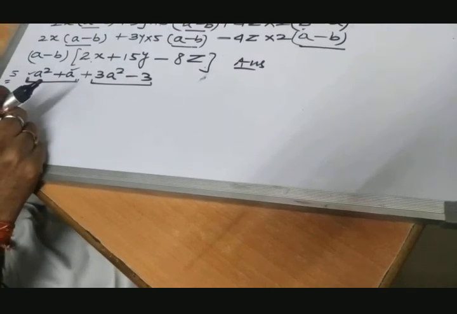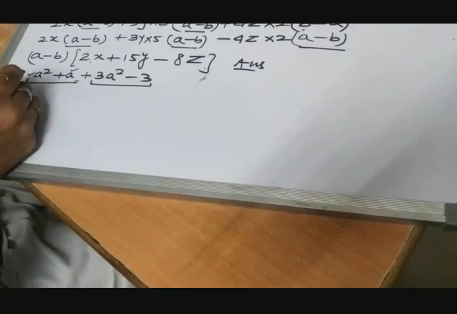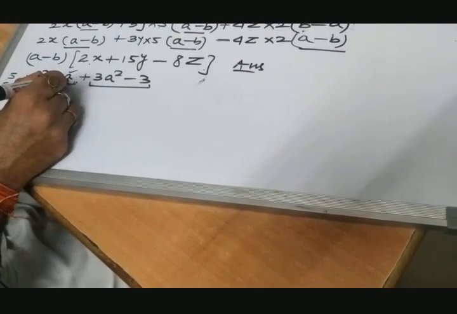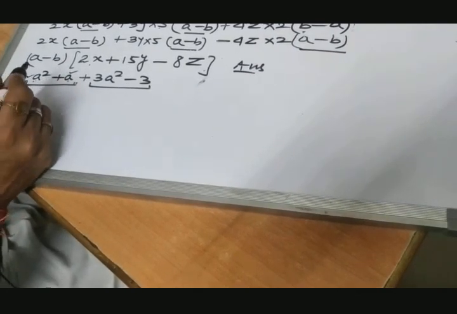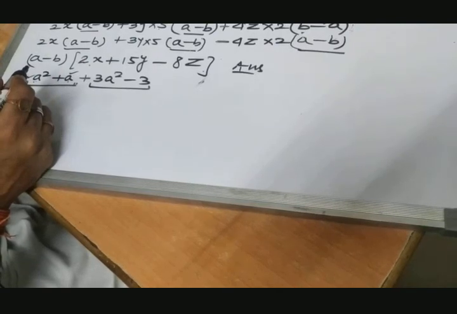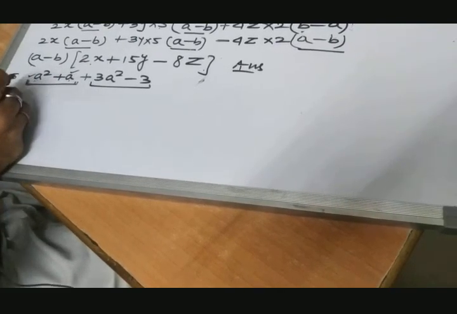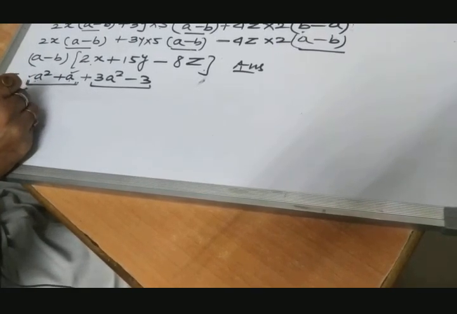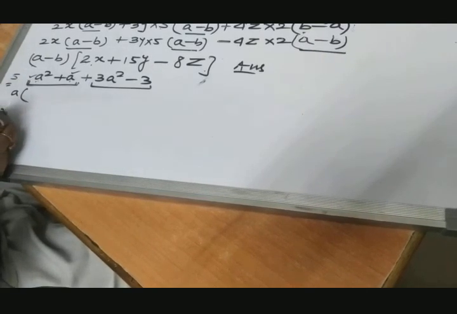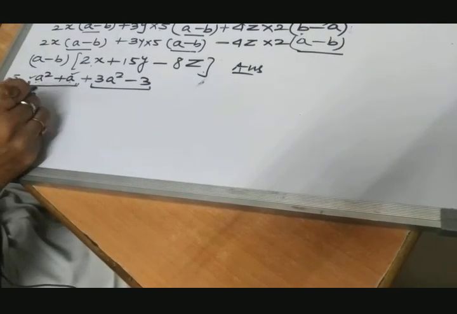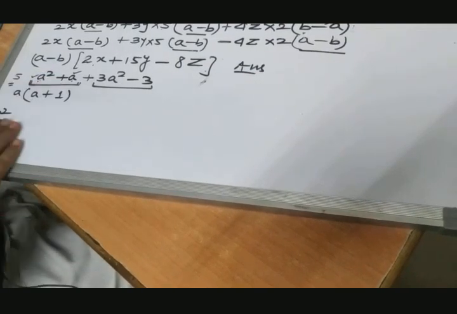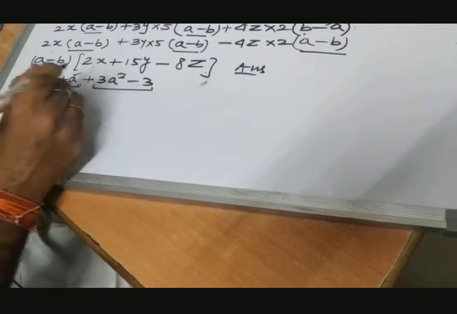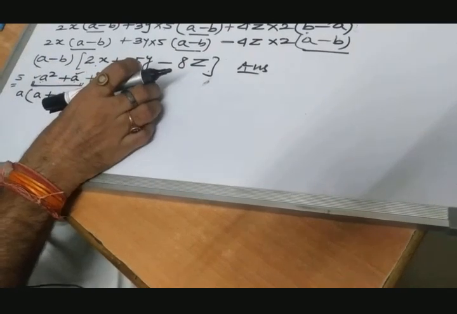जिसकी लेस पावर होंगी उसे हम कॉमन लेते हैं. फर्स्ट टर्म ऑल्सो कंटेन है, सेकेंड टर्म ऑल्सो कंटेन है. फर्स्ट टर्म की पावर 2 है, सेकेंड टर्म की पावर 1 है. तो जिसकी पावर कम होती है उसे हम कॉमन लेते हैं. So we have to take in a as the common. When a square divided by a, answer will come a, and a divided by a, answer will become plus 1. Now we will solve next group.